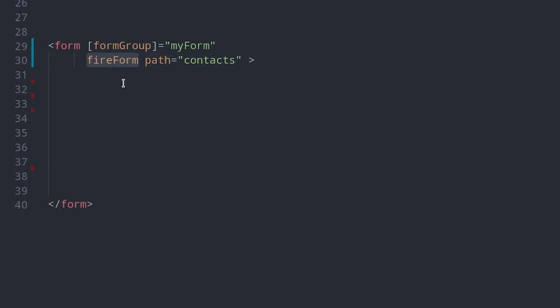Before we actually build it, I want to show you how it's used by a component. You can see here we have a form group that's bound to this form element, and then we have our Fireform directive that also takes in a path attribute that points to a collection in Firestore. In this case, it will automatically generate a new Firestore document and then save the contents of the reactive form